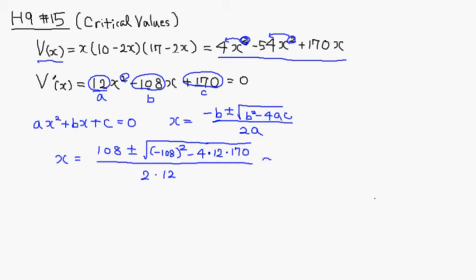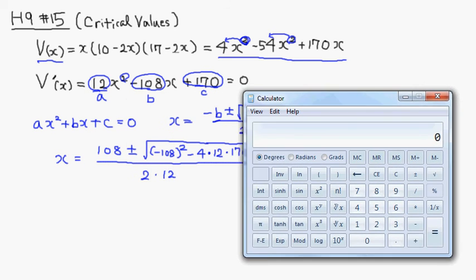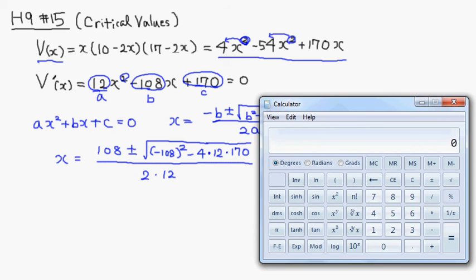This is going to be approximate, so I'm going to borrow a calculator here. Let me open up a calculator and shift it so that I can see the expression. We need to compute 108 minus, in parentheses, 108 squared, then minus